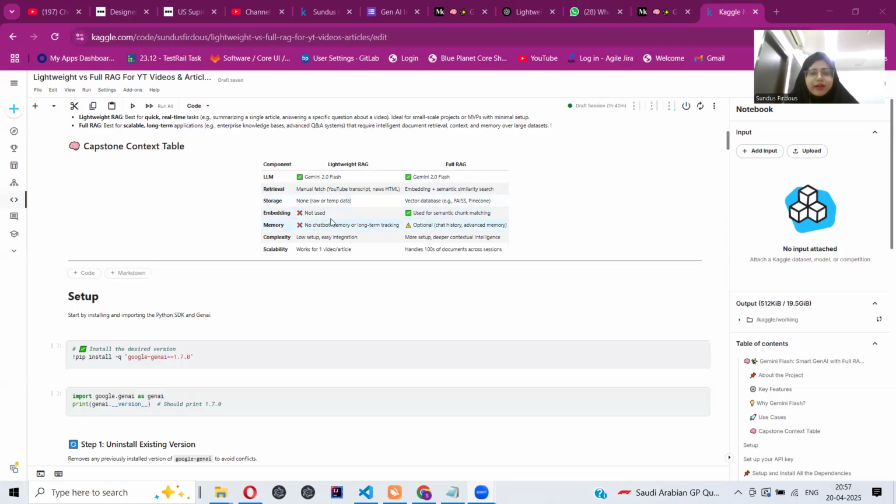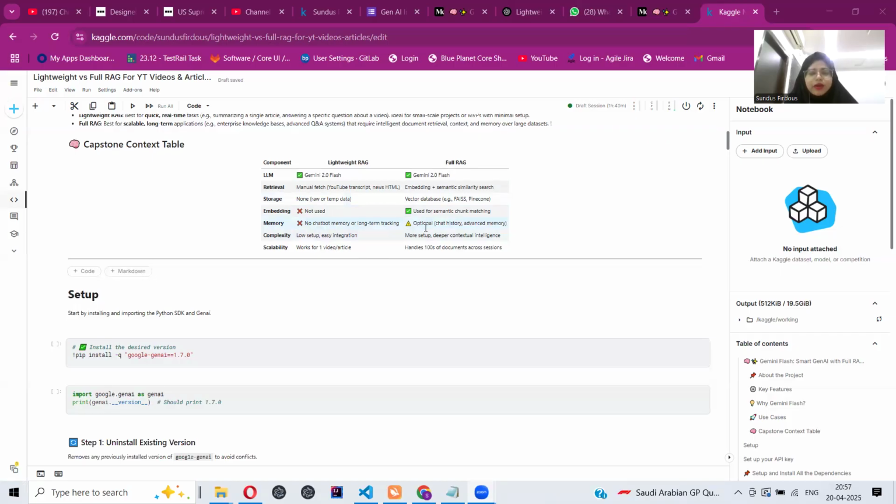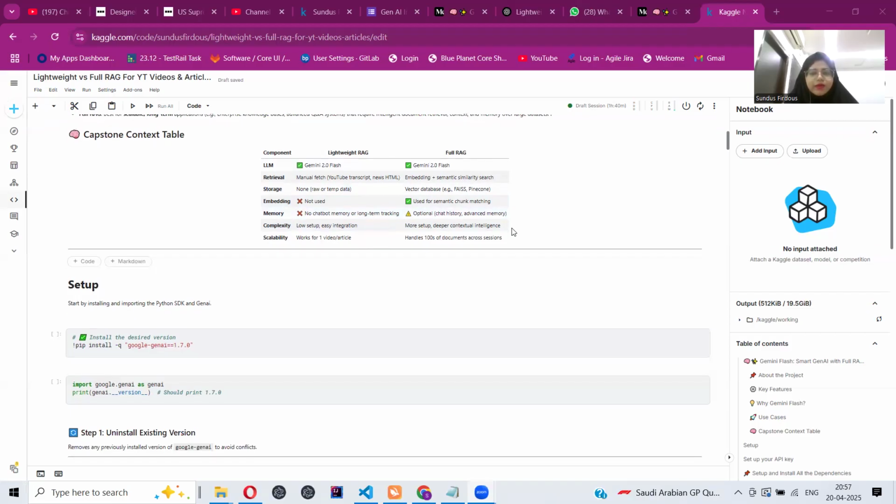I used embedding for full RAG. I used memory. It is optional. If you want to store our chat history, we can do this with the help of full RAG. And complexity: lightweight RAG is less complicated as compared to full RAG, while full RAG requires more setup,